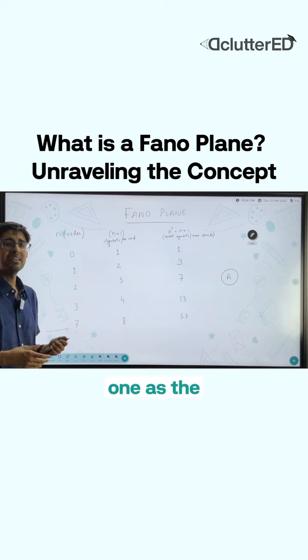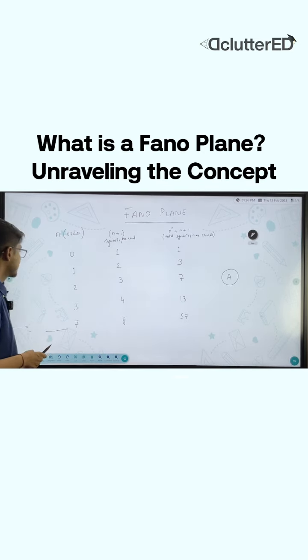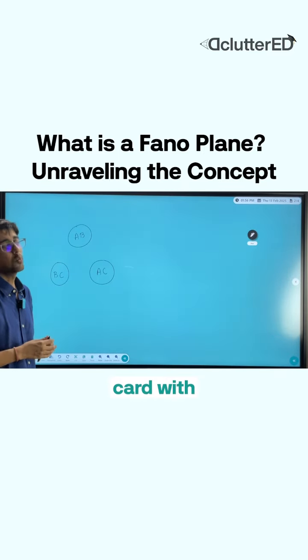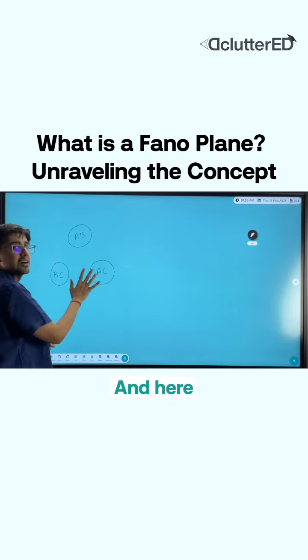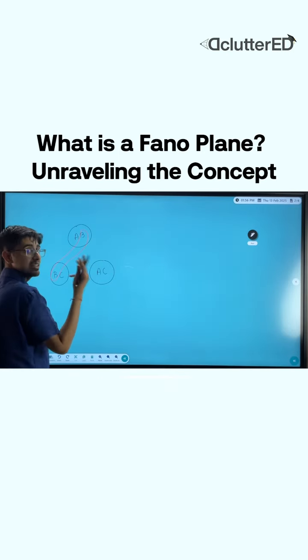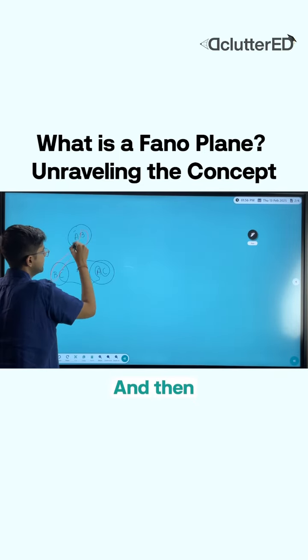What is referred to in mathematics as trivial, because 0 means we need only one card with one symbol on it. And here I have explained how it works with exactly 3 cards, or 2 symbols per card. And then we have